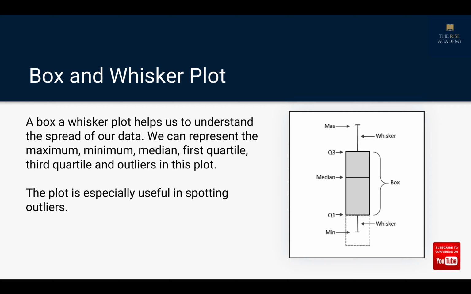So, and one of the important things that box and whisker plot helps us to find out is outliers. It's one of maybe a couple of plots. One I think is the scatter plot, and one is box and whisker plot, which help us to find the outliers in our data. So be sure to know how to interpret a box and whisker plot. This is one plot where instead of the mean we have the median. So you should be able to understand it, you should be able to explain it to them.